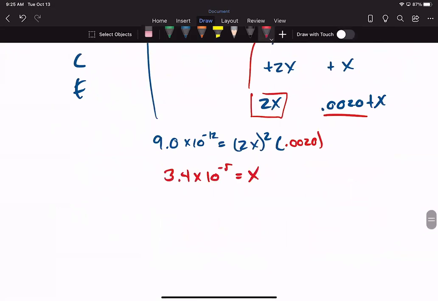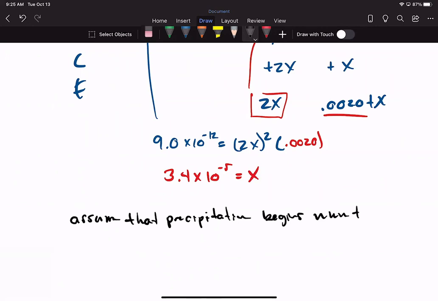Let me write this down here: we assume that precipitation begins when the reaction quotient, Q, becomes equal to